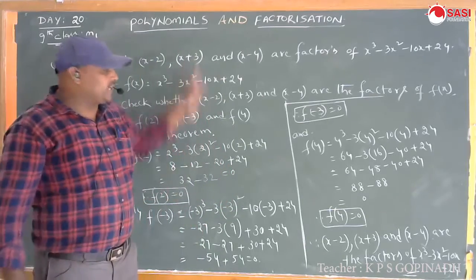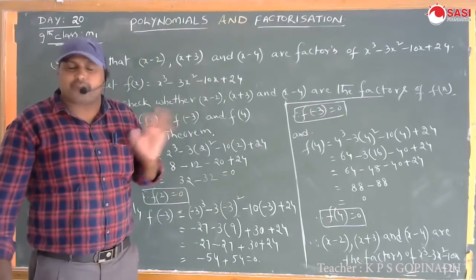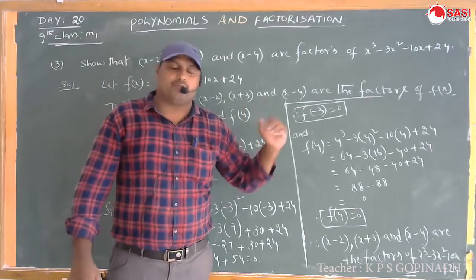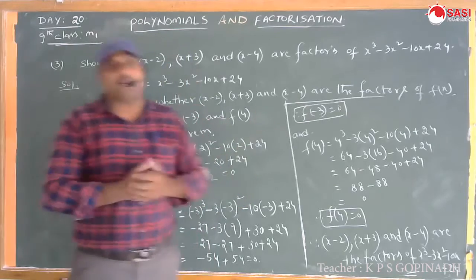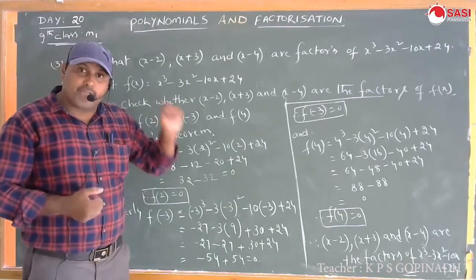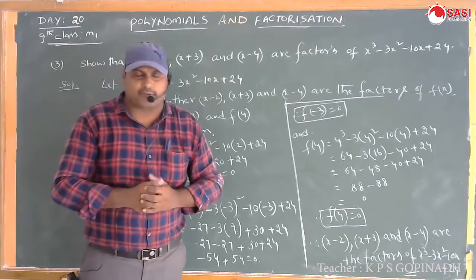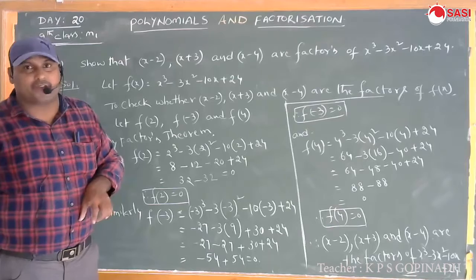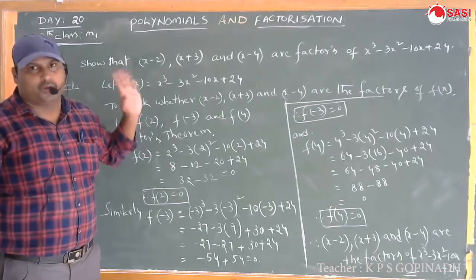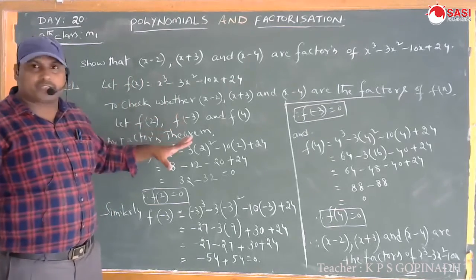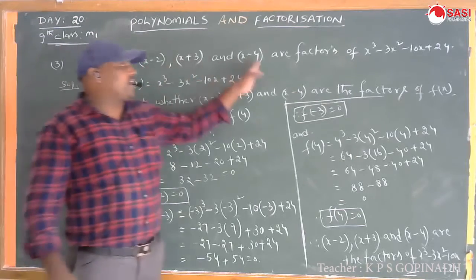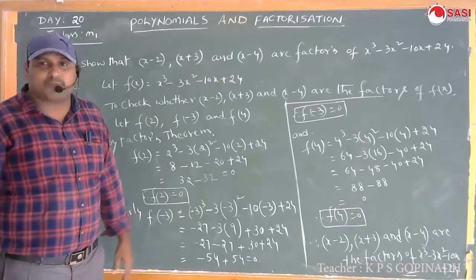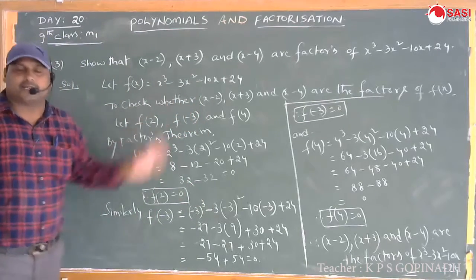So finally, this problem depends upon the factors theorem. So factors theorem means what? If p of x is any polynomial whose degree n is greater than or equal to 1, where a is any real number, then if p of a equal to 0, then x minus a is a factor of p of x. Or another one also, if x minus a is a factor of p of x, then p of a equal to 0. So this is the factors theorem. So here what do you understand? x minus 2, x plus 3 and x minus 4 are the factors of given polynomial x cube minus 3x square minus 10x plus 24. Understand children? Okay.